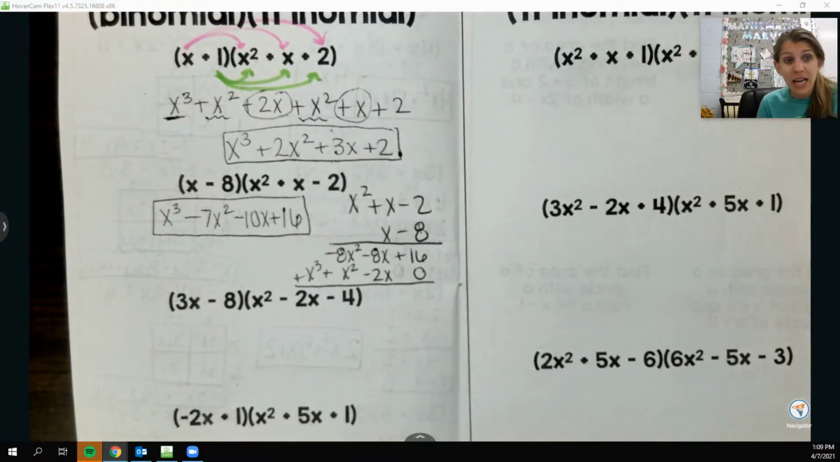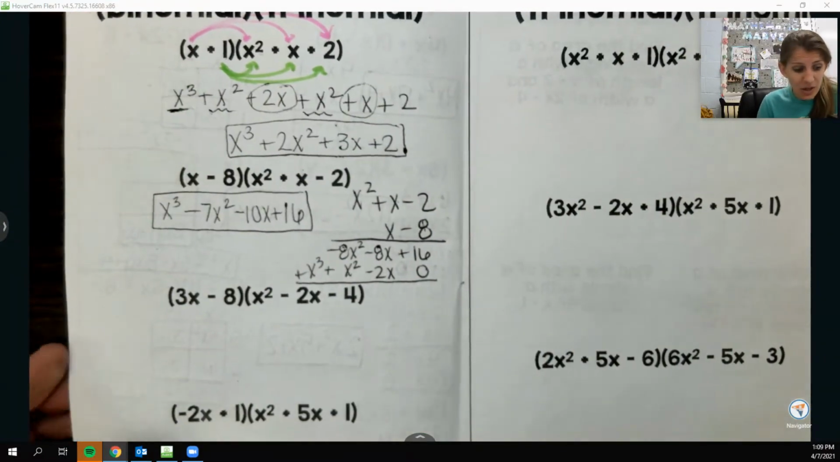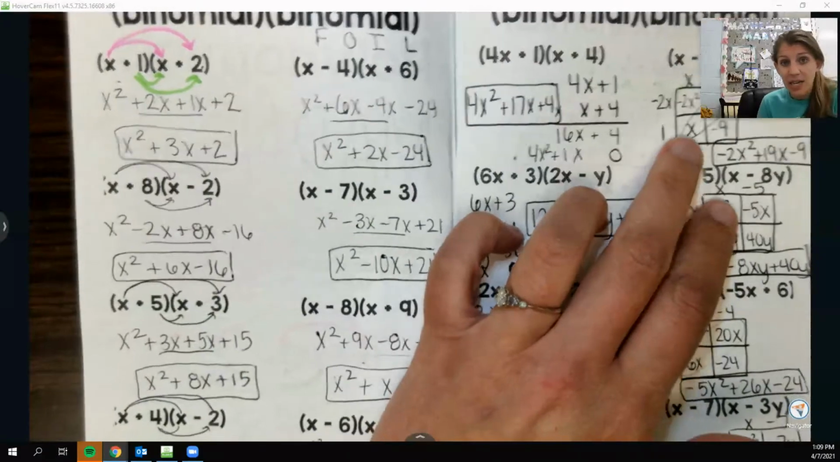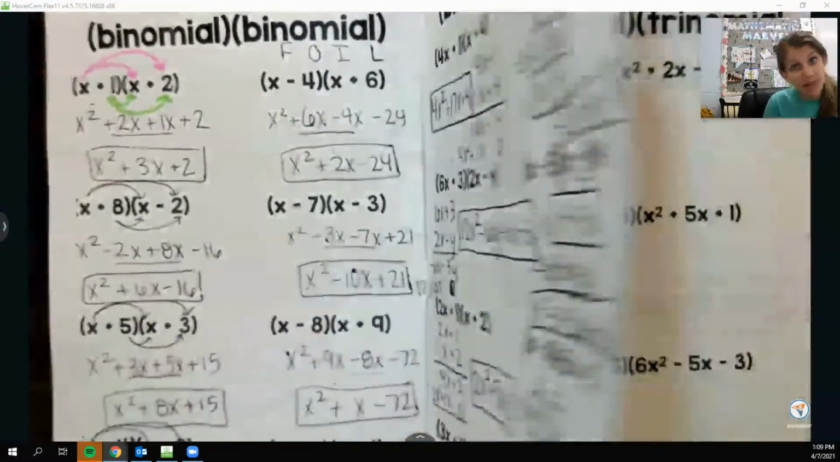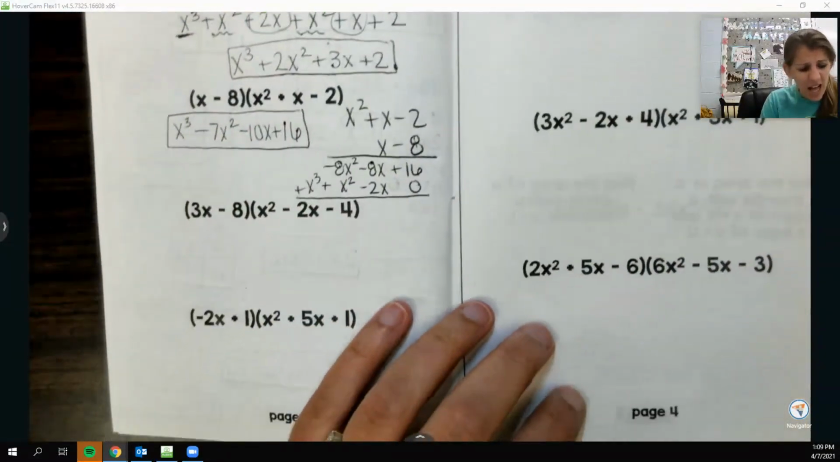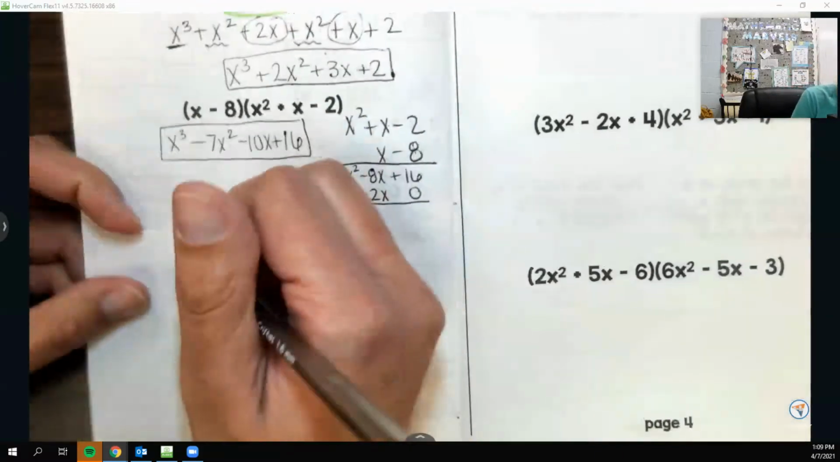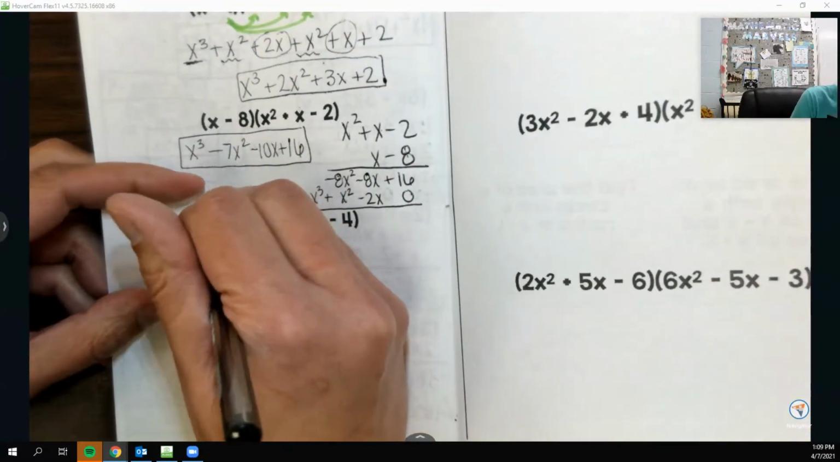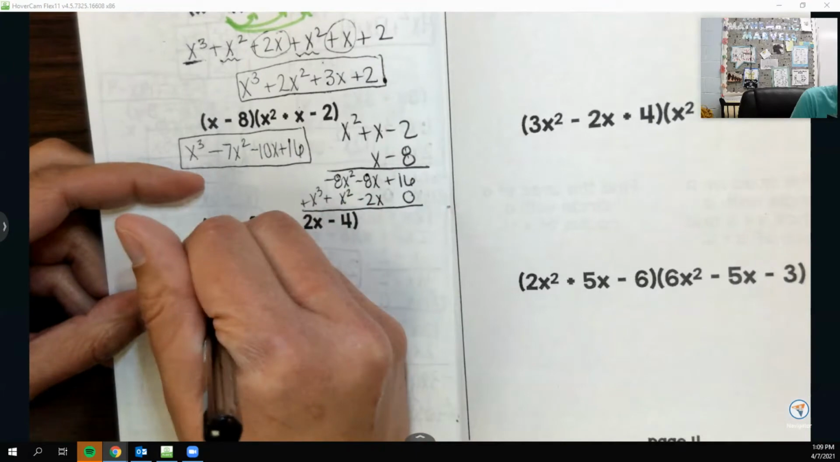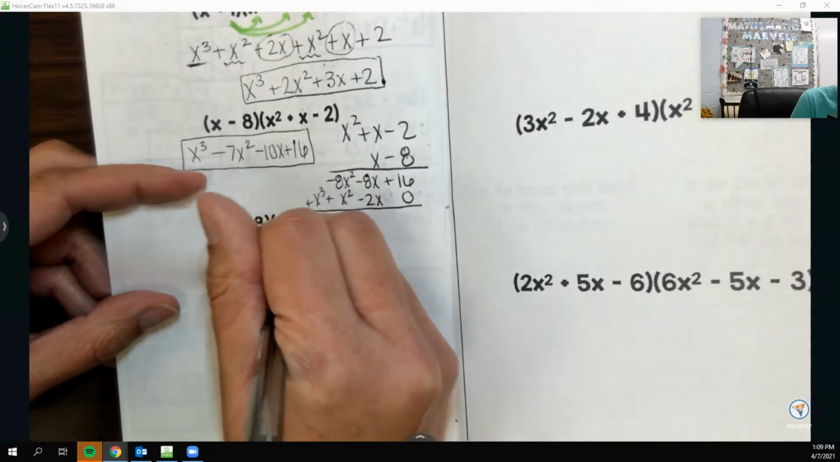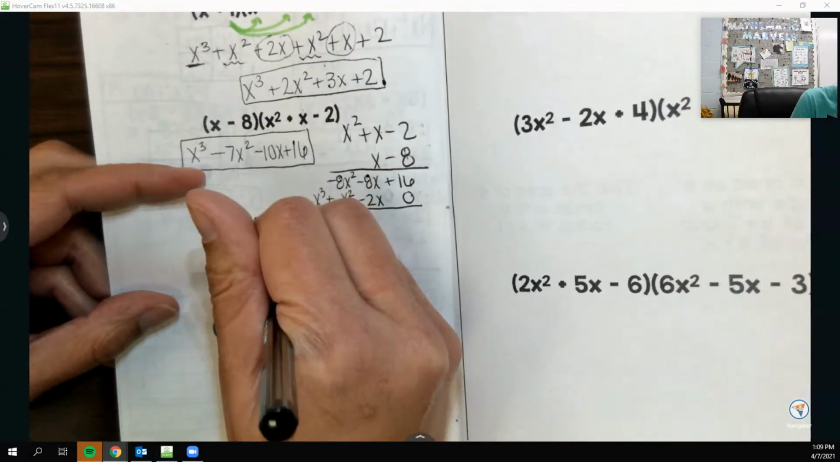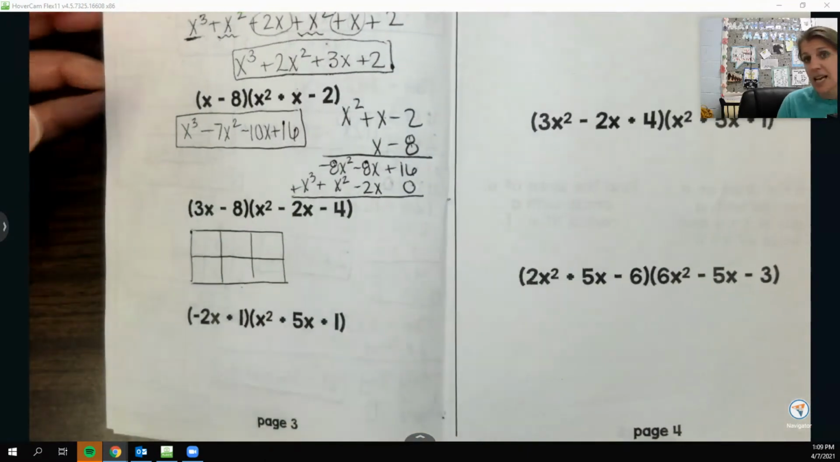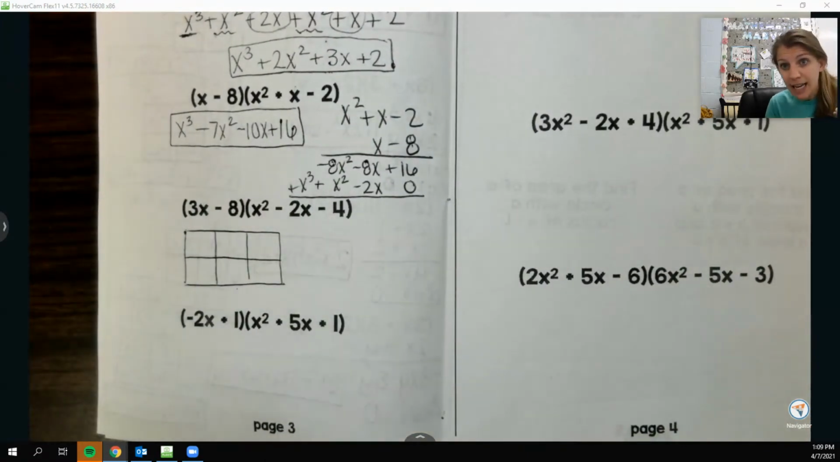And then truly, you could also do the box method. So I did the box method 2 by 2 because it was a binomial times a binomial. This is a binomial times a trinomial, so I'm going to do a 2 by 3 box. And I kind of like this one because it helps me stay organized and not forget anybody because I have